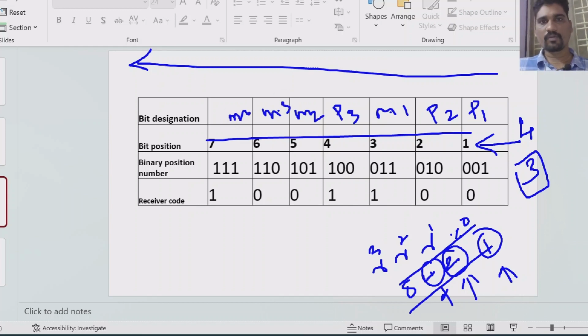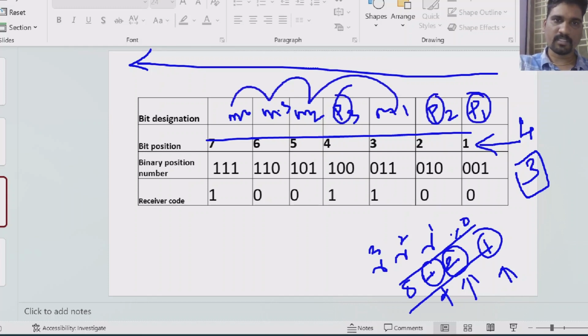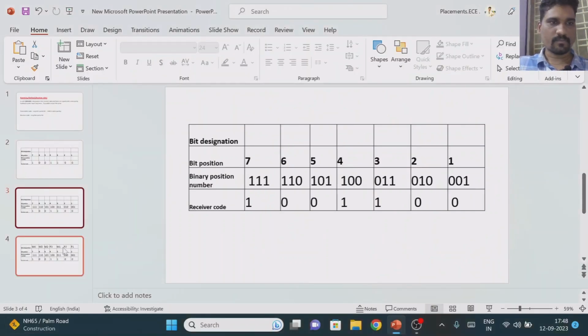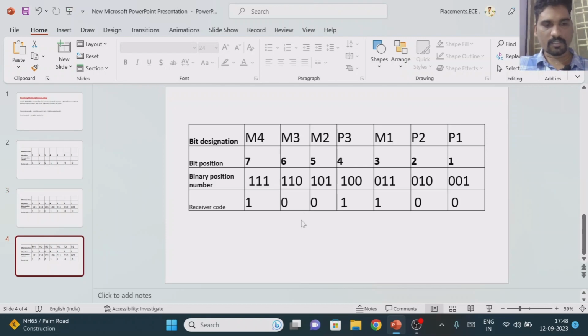Now, by using these parity bits, we are going to identify whether this received combination of message bits is correct or wrong using the Hamming method, and the mechanism we should use is the even parity mechanism. I hope you understand. By using the parity bits we find out whether the received information is correct or not. Without parity bits we cannot identify whether the received information is correct or not. So this part is also completed.